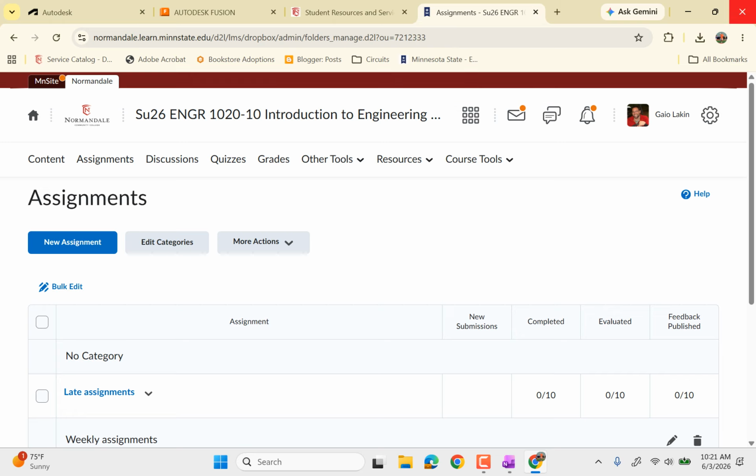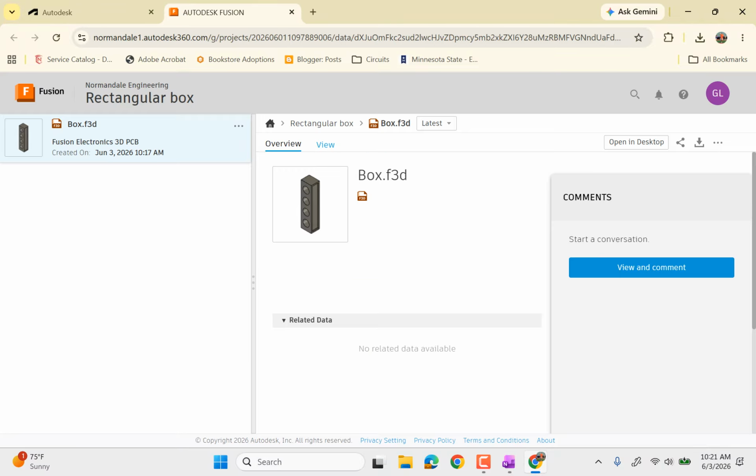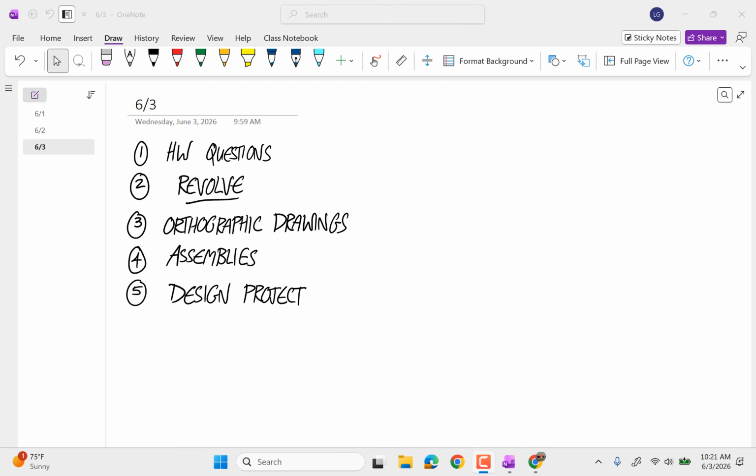Okay, so what we are going to do today is I'm going to talk about the revolve tool. Then we're going to do orthographic drawings, assemblies, and the design project. For the revolve,